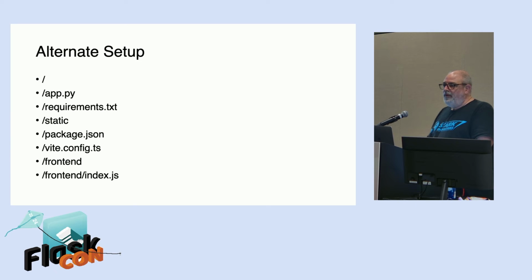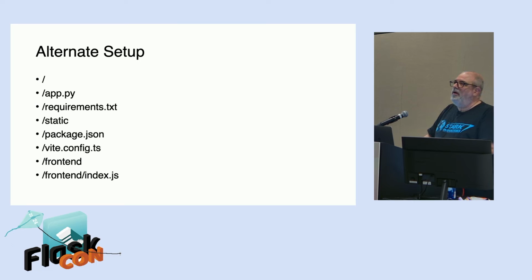So the alternate setup is that we have everything Python. It's a Python project anyway. So you set up the Python project just like you normally would. And then you have all of the Vite configuration in the root. And then you have a front end. Because you can tell Vite, and it's an interesting little trick, it's a little more convoluted, but you have to tell Vite, hi, the front end is in the front end directory. So even though all of your configuration is here, you're going to be actually building it, the source is here, and you're going to compile it to another place. So that's what we're currently using.